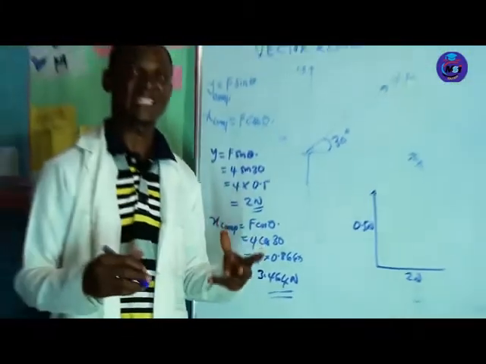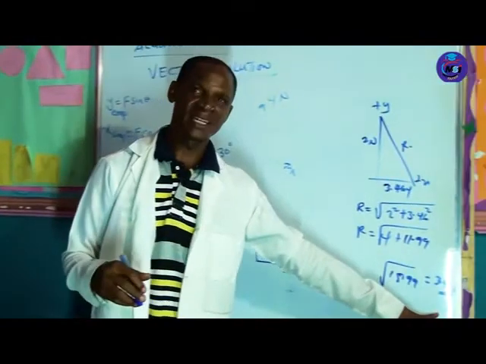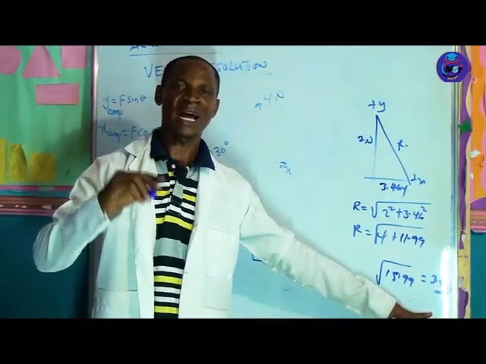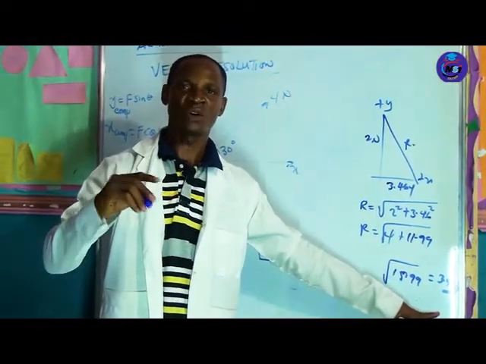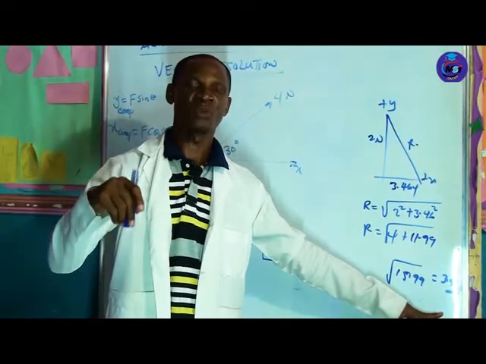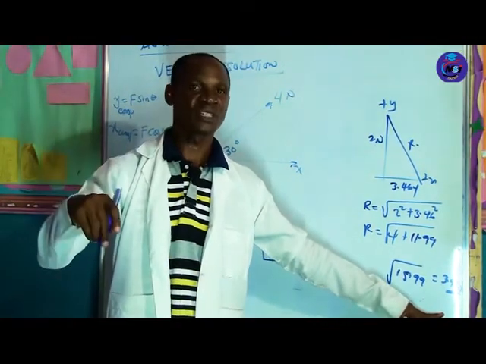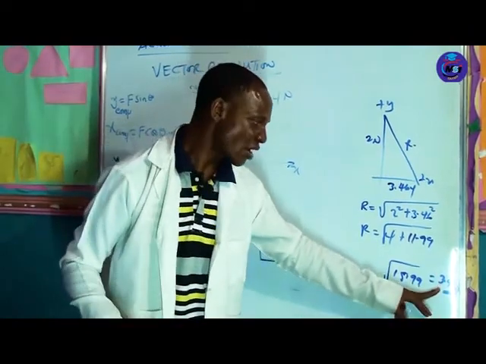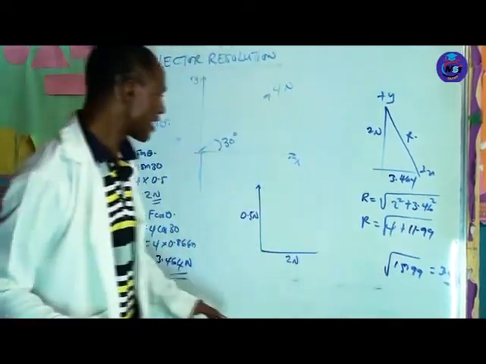Since it is a vector quantity, we need to determine the direction. Now, this is the magnitude. So anytime you are given a problem on vectors, whether you are asked to calculate the direction or not, you need to get it, because it is a vector quantity. So it has both magnitude and direction. So the resultant now is 3.99. To get the direction now,